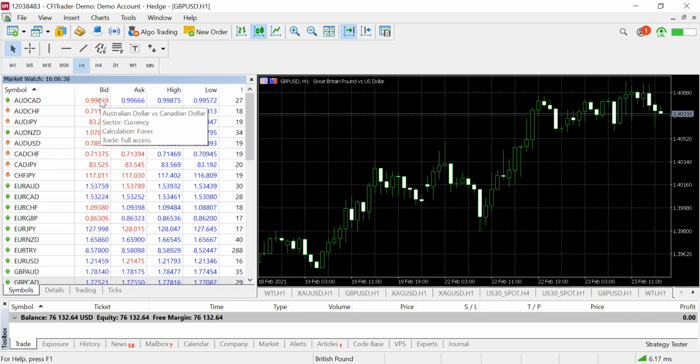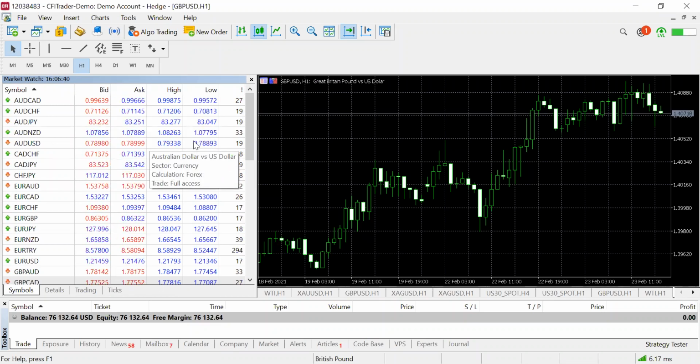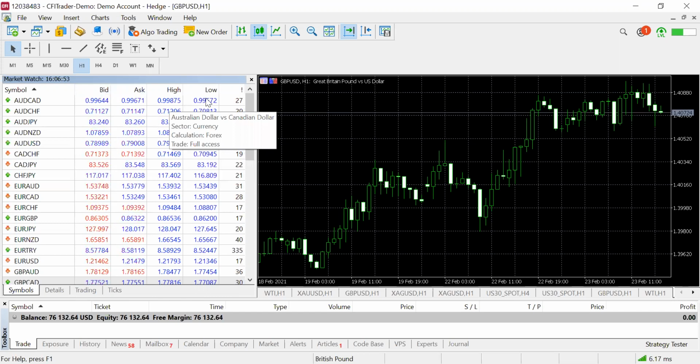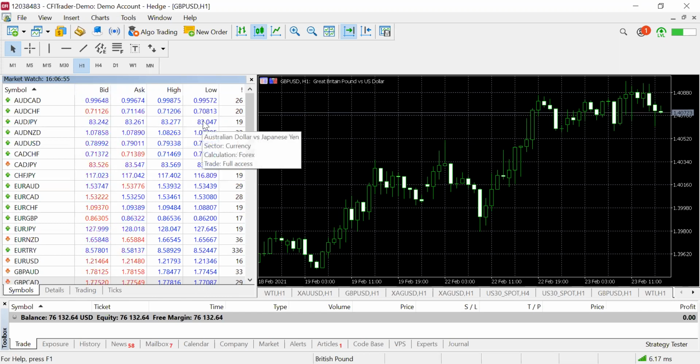To continue with the market watch, you can always customize the setting of how you want it to look. Here, for example, you can see the bid and ask prices. Also, you can add the high or low for that particular day for that product. And also this column over here